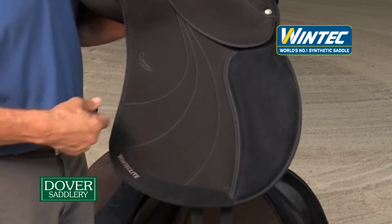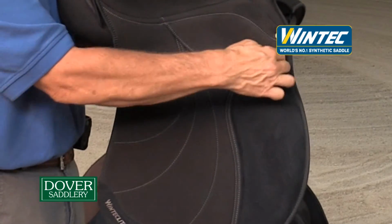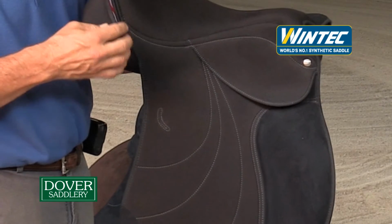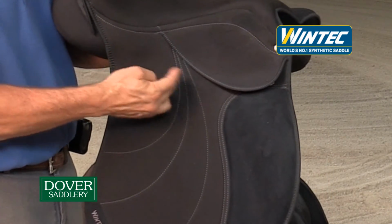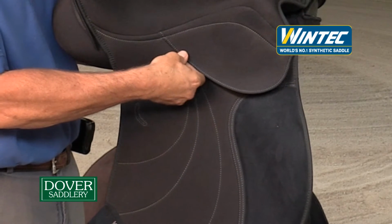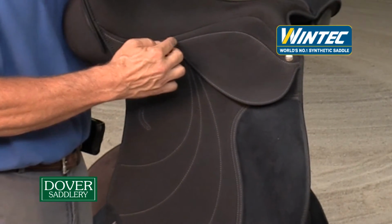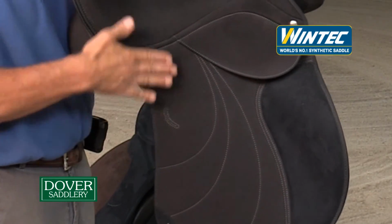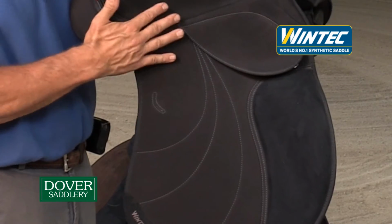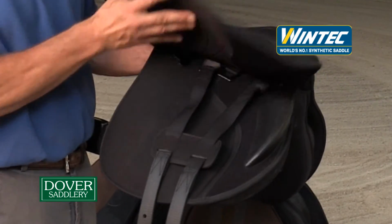One is that on conventional saddles, the skirting that covers the stirrup bar comes all the way around the back part of the seat of the saddle, which is called the cantle. In this model, we've shortened that fabric and abbreviated it and ended it right in the center of the seat. So the result is a closer contact for your leg. It's closer to the animal and less material underneath your leg, so you can sense the animal better and communicate